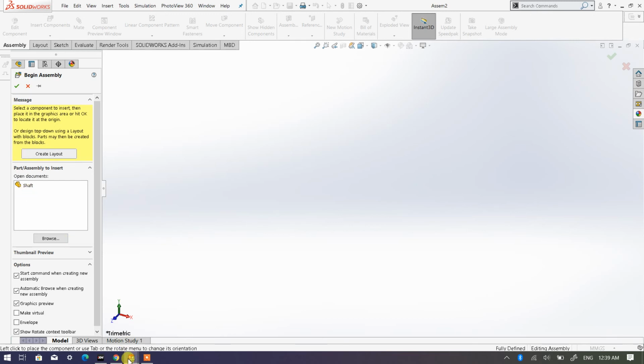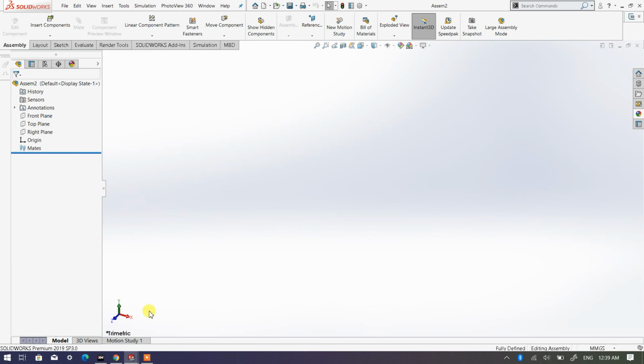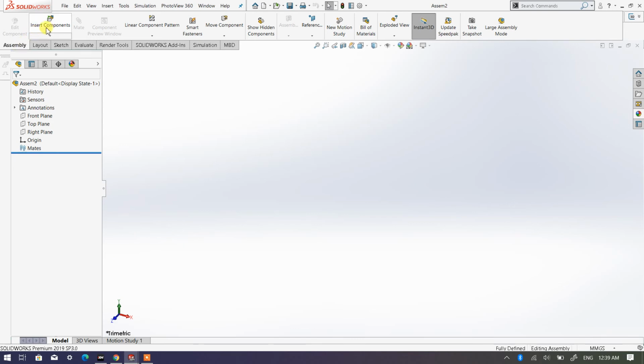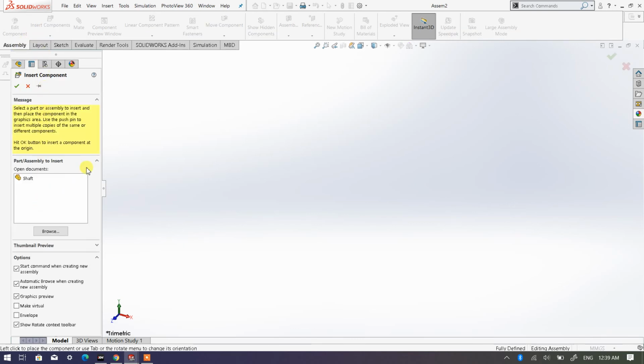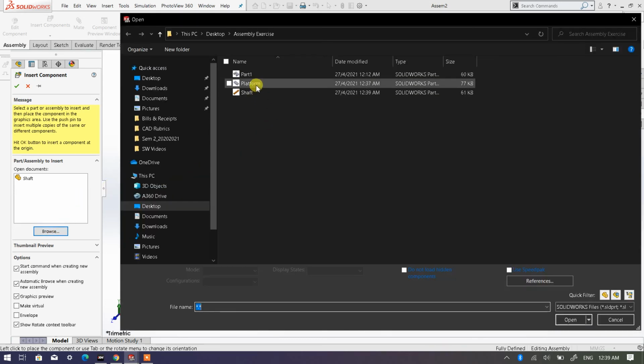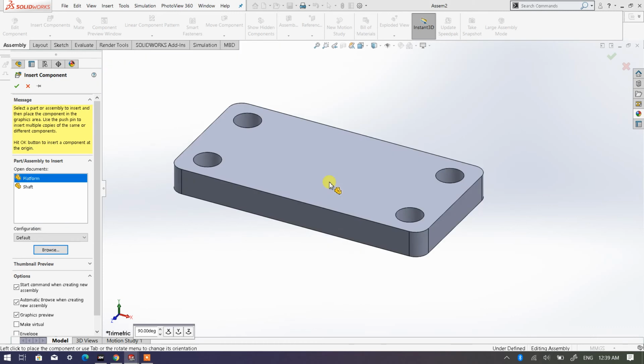Why? Because this shaft file is already open. However, I would like to call out the platform first because I want to make the platform fixed first. So I go to browse, select platform, double click it, and